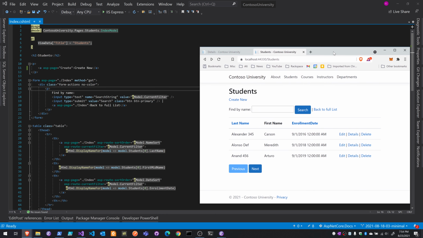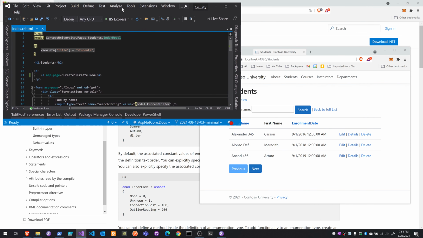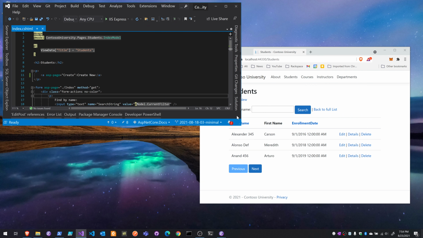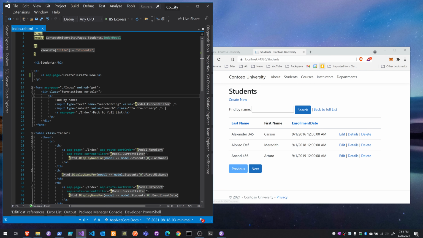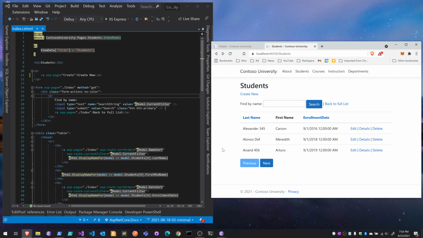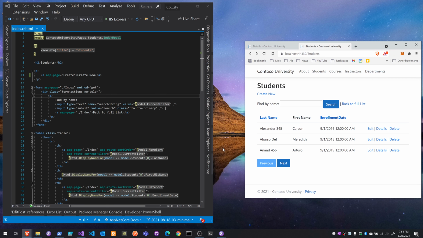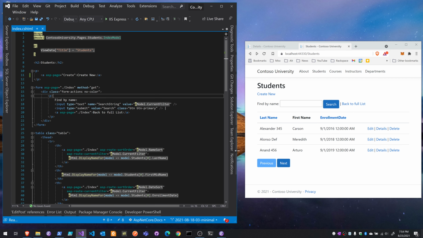Here we're looking at the index, the student's index page. What I will do is maybe put these side by side. Let me move this over a little bit. We have enough room to view the Razor page for the student's index. So let's start up at the top and look at